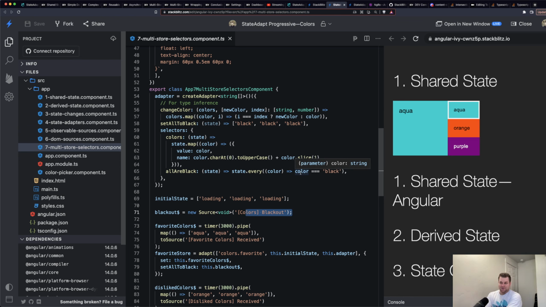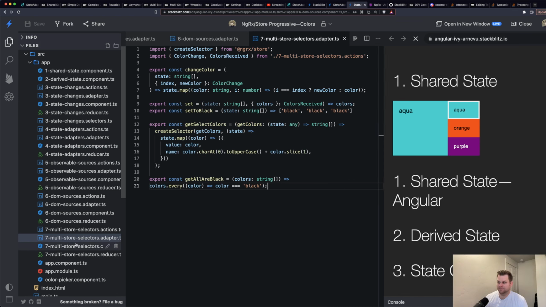You don't have to. You do need to have the reducer separate. So I'll go ahead and just keep it all in the component because you can. But the adapter is the first thing I'd extract because then you could test it. So anyway,